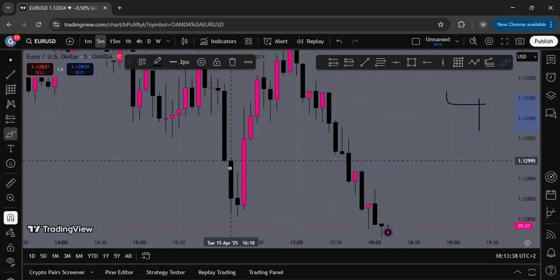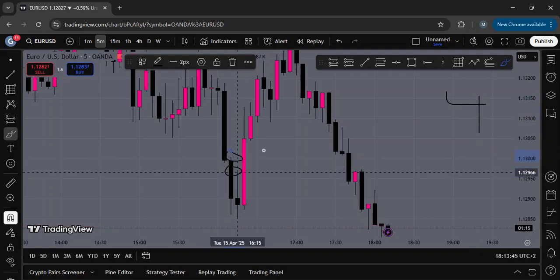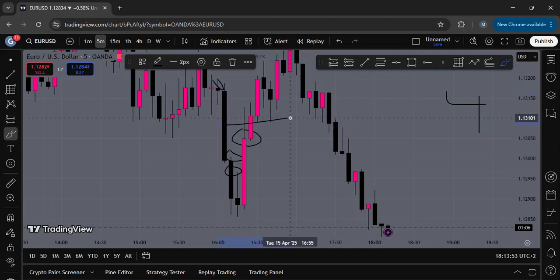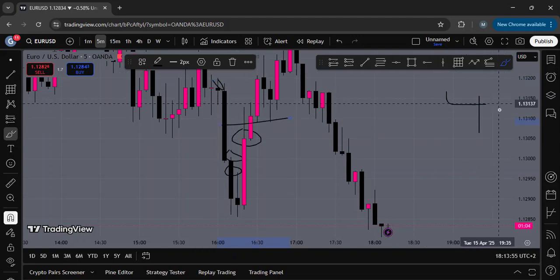And let's mark out the area. We have the first area, which would be here. That's our first loss. Second loss would be as soon as we tap this fair value gap. Third will be at the 50% of the drop, and fourth would be here. Who knows? Maybe you even took a fifth, 50% of this fair value gap. But let's put it down to 4.